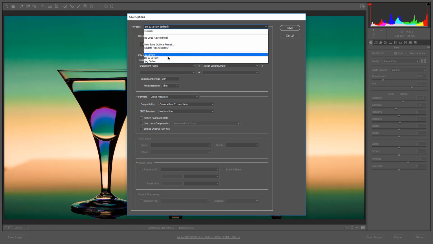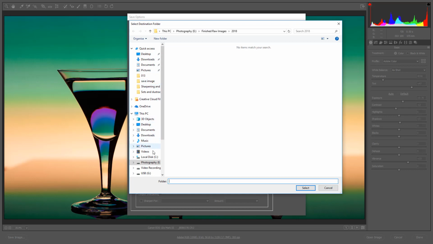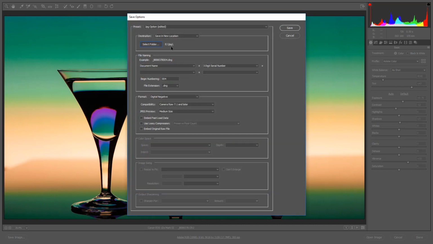So here you can see I made one down here, JPEG option. I'm going to work with that one. I'm going to save into a new location, so I need to select the folder. Photography is the folder. There's the folder I want to put it in. I've got a capital G there and I'm not entirely sure why. I just need to highlight the folder and then select,